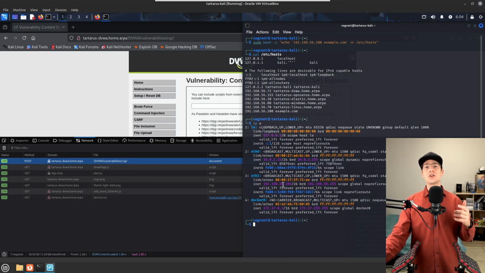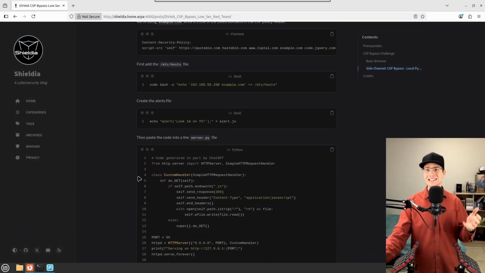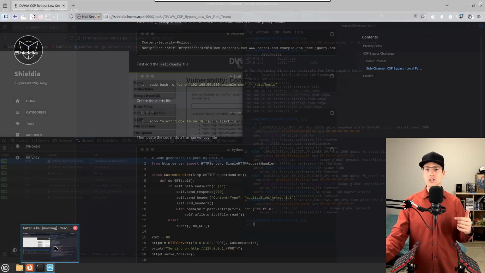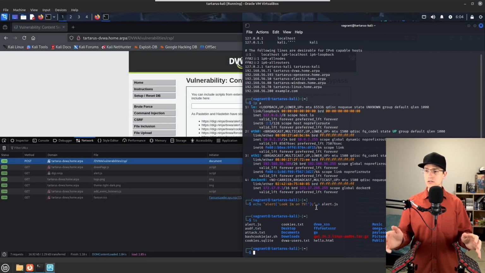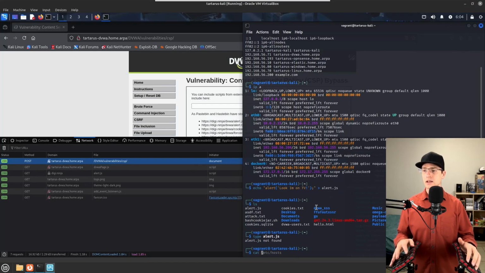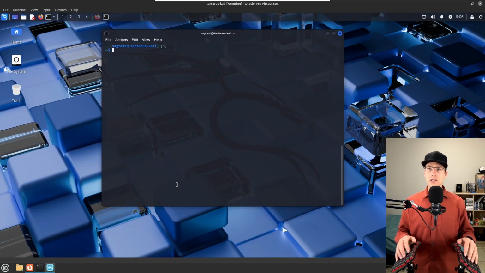So that we could then serve our own custom JavaScript locally. Again, a bit of a contrived example, but it's just going to show you that these things are still possible. So we'll create another file, alert.js, that's going to contain alert('look I'm on TV'). So this will be a plain text file served locally here, and we can cat it, alert look I'm on TV. I'm going to clear the screen, again go cat